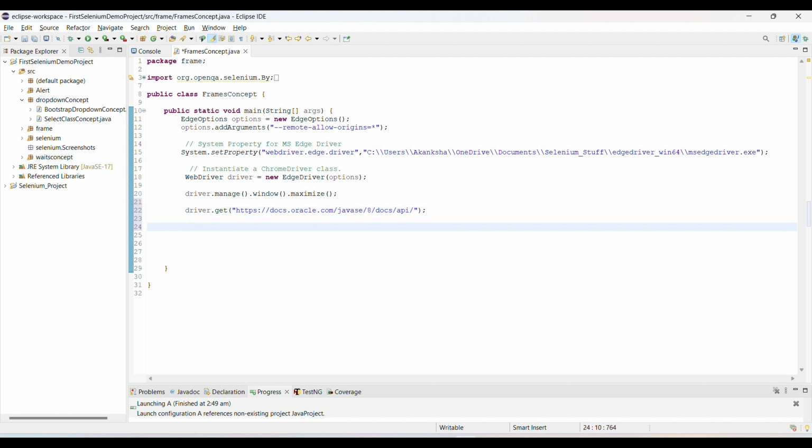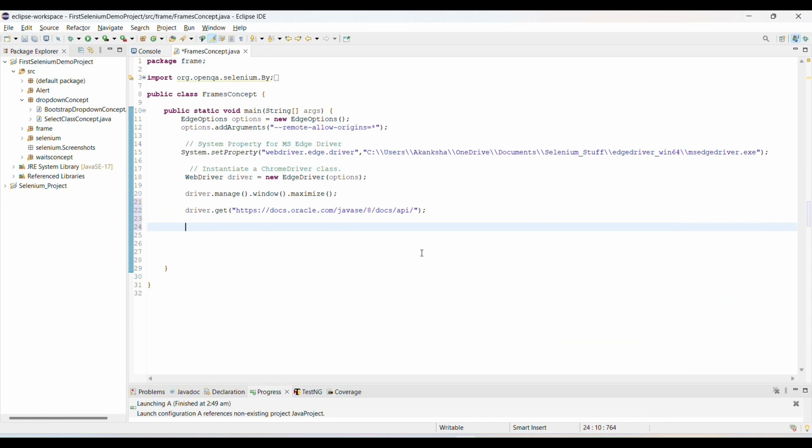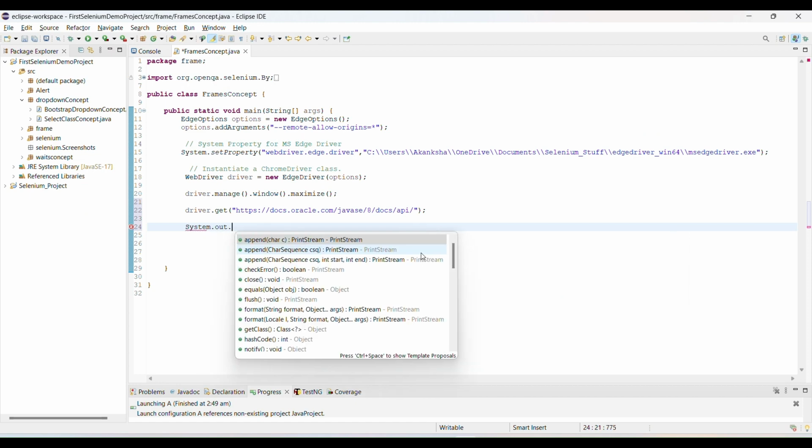After that, what do we need to do, guys? First of all, I want to check my page title. So how are we going to check? Simple, System.out.println.